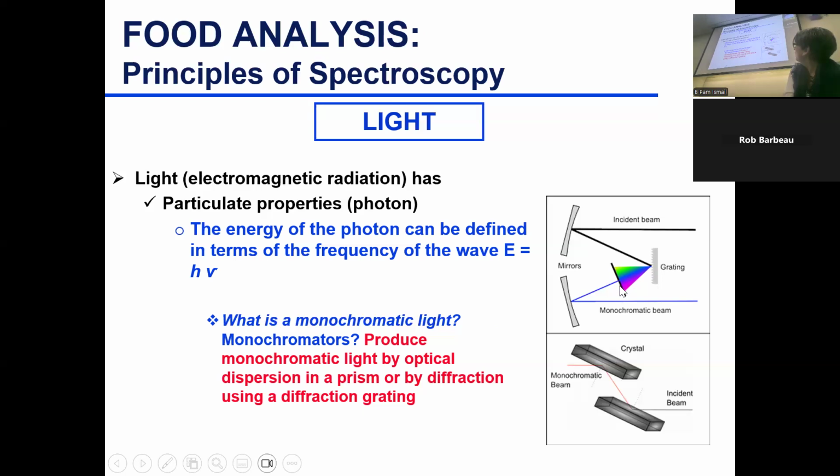And then you have a slit, a plate with an opening that allows the specific lambda, or wave of light with a specific wavelength, to pass through to your sample